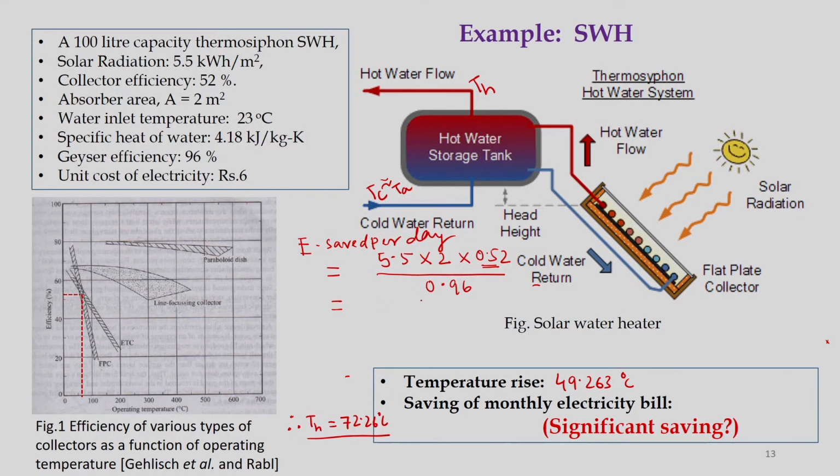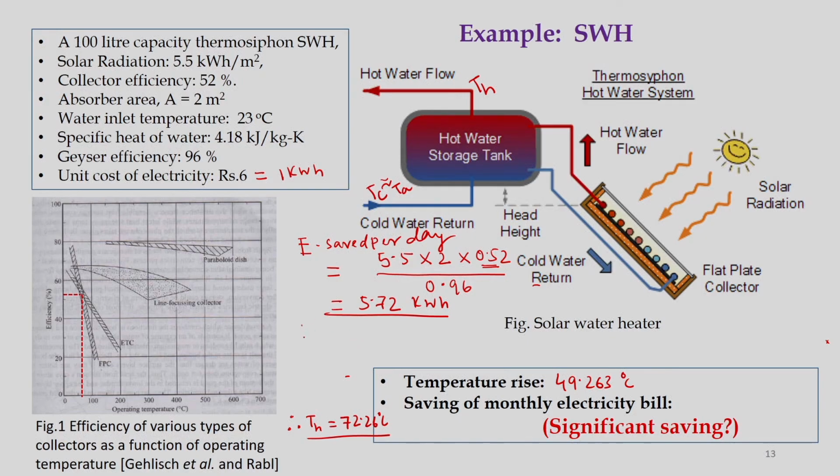If we do this simple calculation, this is found to be 5.72 kilowatt hour. It has also been given that 1 kilowatt hour is 1 unit. So, if we have to convert it in terms of money, then what you need to do,